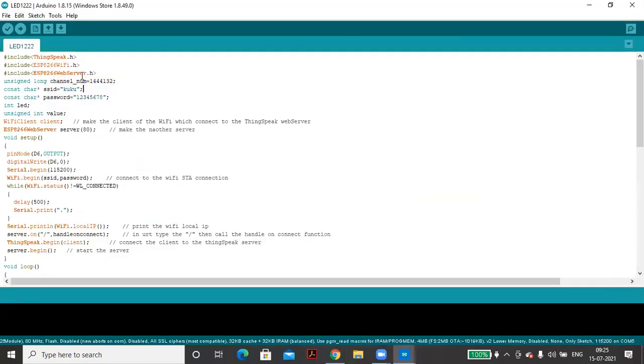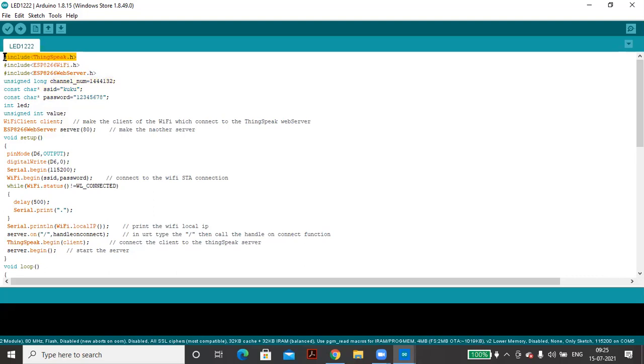When you are doing this, your channel ID should be here, the channel number. Then this is the credential of our Wi-Fi network. Every time you are dealing with the Wi-Fi module, this line should come. If you are using ThingSpeak, then this will come. If you are not using it, then this will not come.